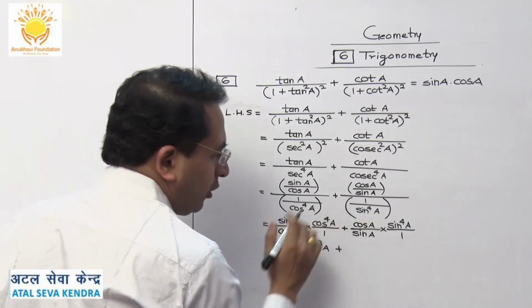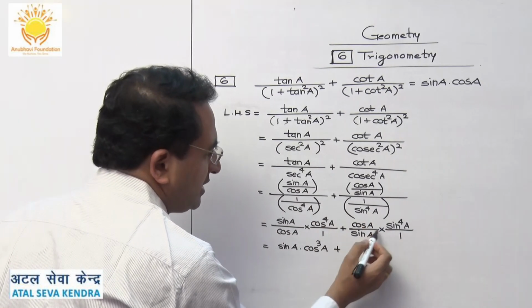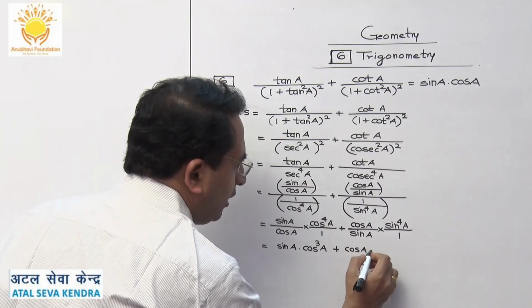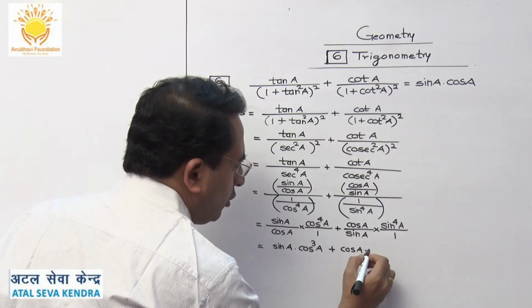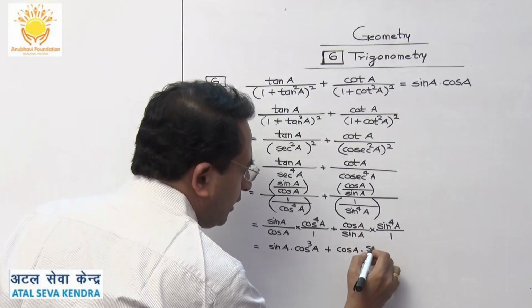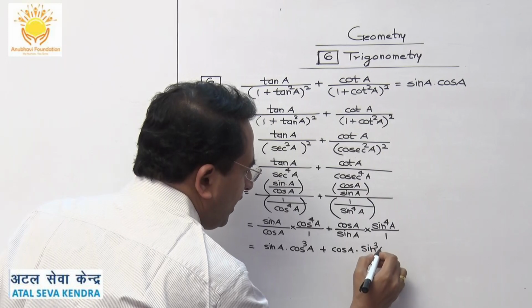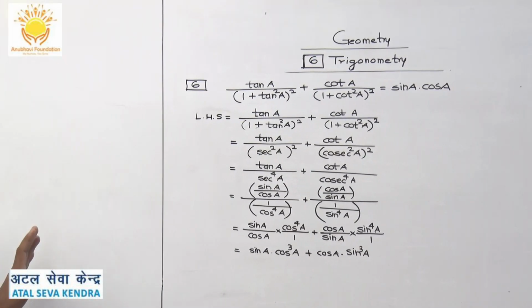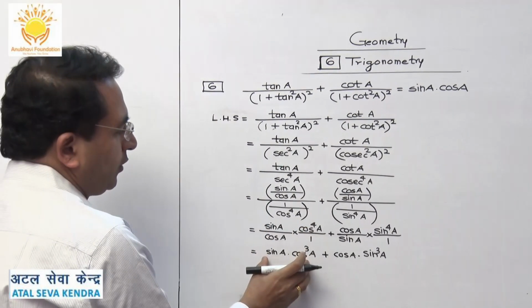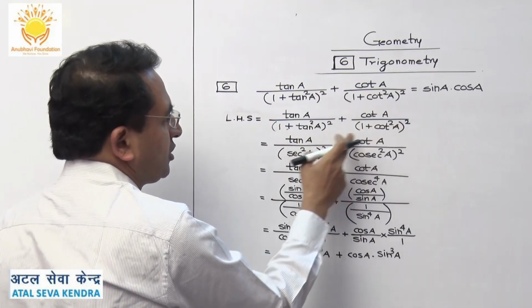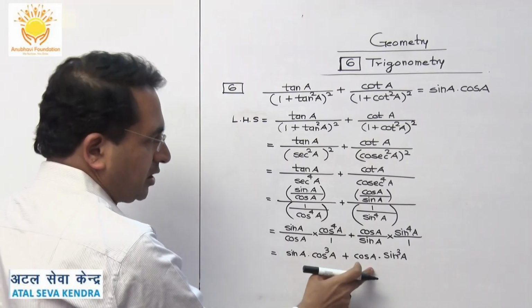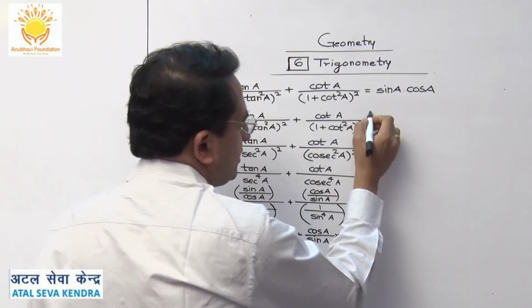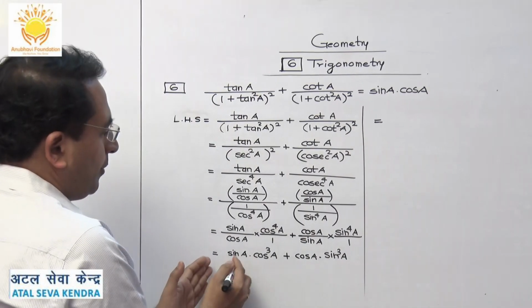Similar thing happens here also. There is a cancellation of one sine and you are going to get cos of A multiplied by sine cube A. Now when you multiply, this complicated structure will become easier like this. And now I am putting it here on this side. Just see this part. What will happen here?